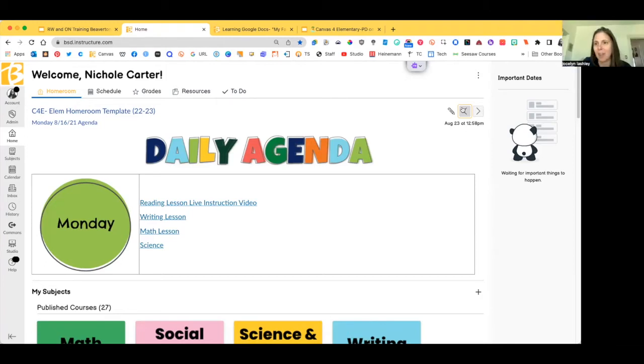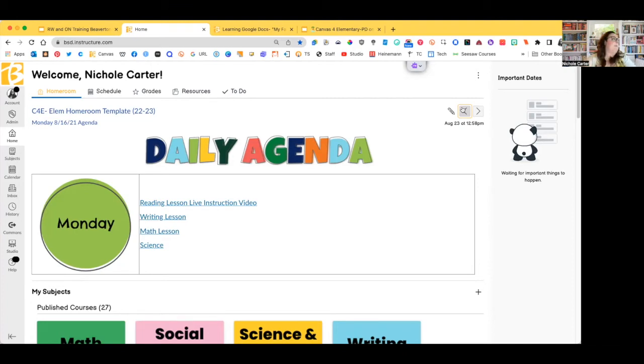So this is another example of, instead of doing an embed of a slide deck, we're just using the straight rich text editor within Canvas and doing a table with some images and then hyperlinking to the lessons. So it's again a feature that can work in a lot of different ways for you. You just have to find what you're the most comfortable with. But I would say that would probably be one of the biggest differences or changes when it comes to